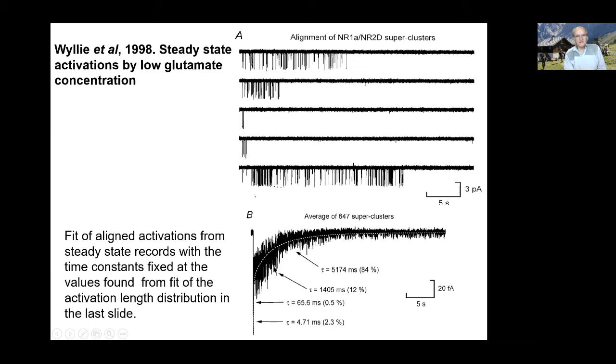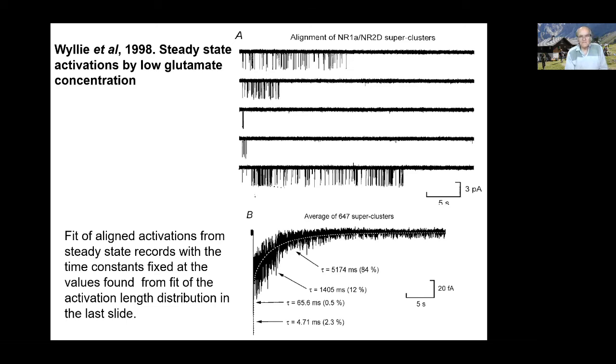You couldn't fit a lot to them, but what we can say is they're compatible with our prediction, because we can fit these aligned activations with the time constants fixed at the values found from the fit of the activation length distribution in the last slide. So we had 1.4 seconds and 5.2 seconds from that